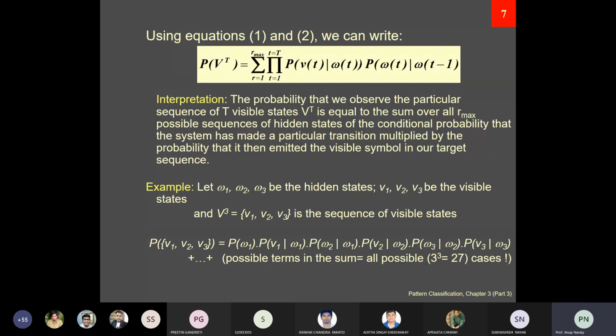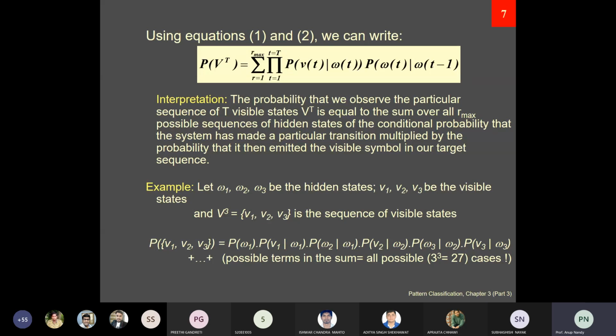It means that, so this probability of Vt given Wt means that for each instance of time, whenever the HMM model reaches a particular hidden state, it will emit some symbol. Suppose a model theta goes to a particular hidden state, that is W1, at time instant T1, then at that time this hidden state emits an output symbol, or you can say a visible symbol, that is V1. Okay, so now this is the way you can interpret it.